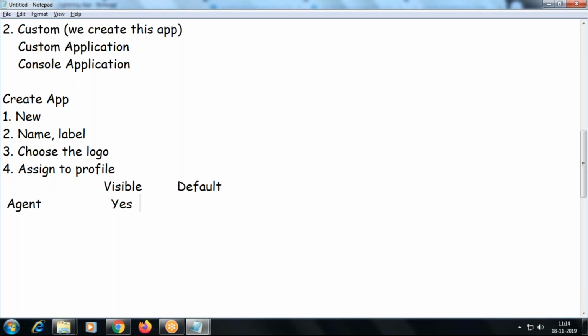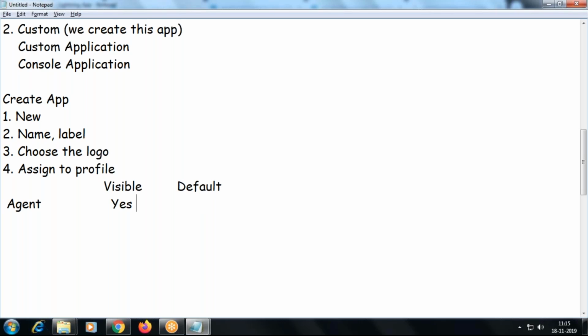If I make it default as yes, what does it mean? Suppose the agent has access to sales, service, and my training application. Then when you log in, the training application will automatically be the default application.